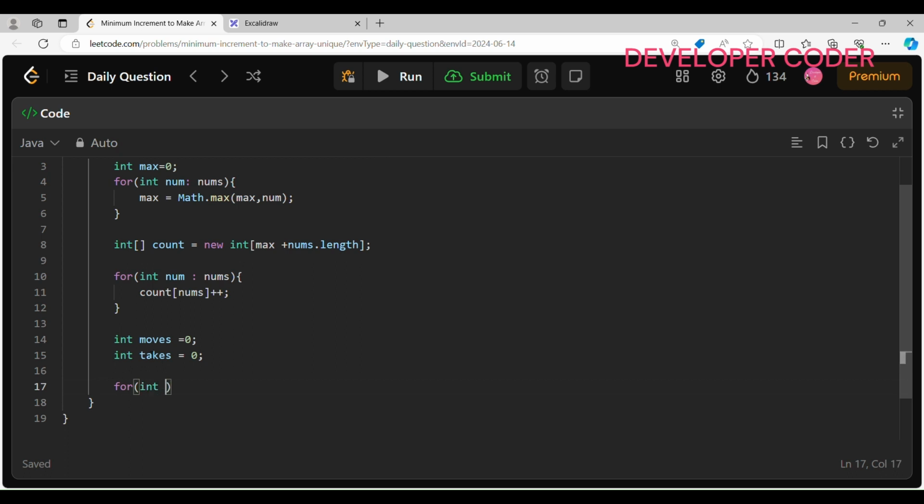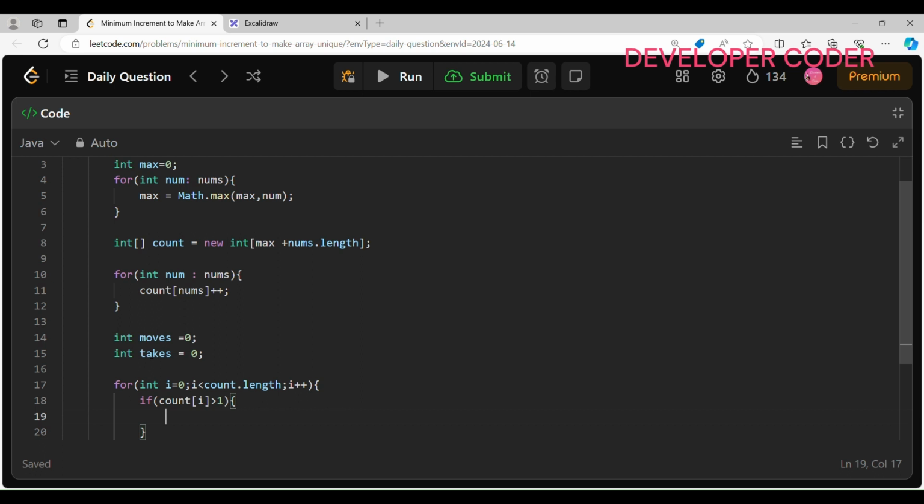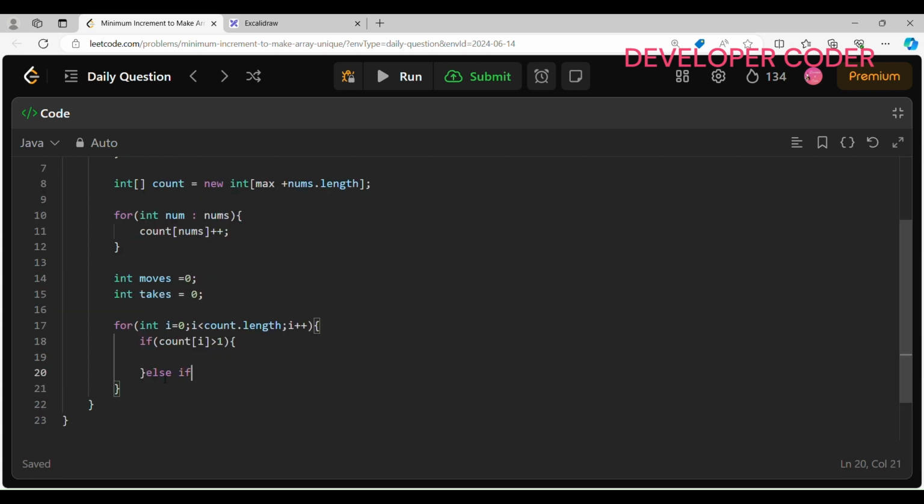For int i equal to 0, i less than count.length, and increment i, and inside that, if the value of count of i is greater than 1, then I need to perform a few things. The else part, if my taken is greater than 0 and count of i